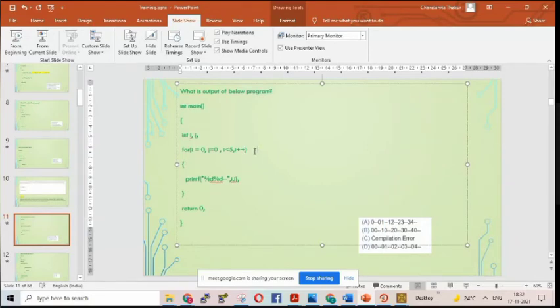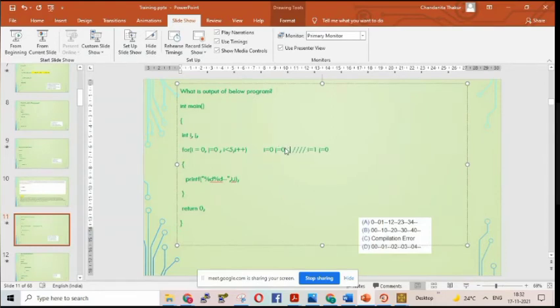What he has told is i equals 0 for the first time and the j value is also 0 for the first time. Clear? So this is iteration 1 over. Second iteration. What will be the i value? The i value will be equal to 1. But what about the j value? The j value will be equal to 0 only. Yes or no? Yes, ma'am.